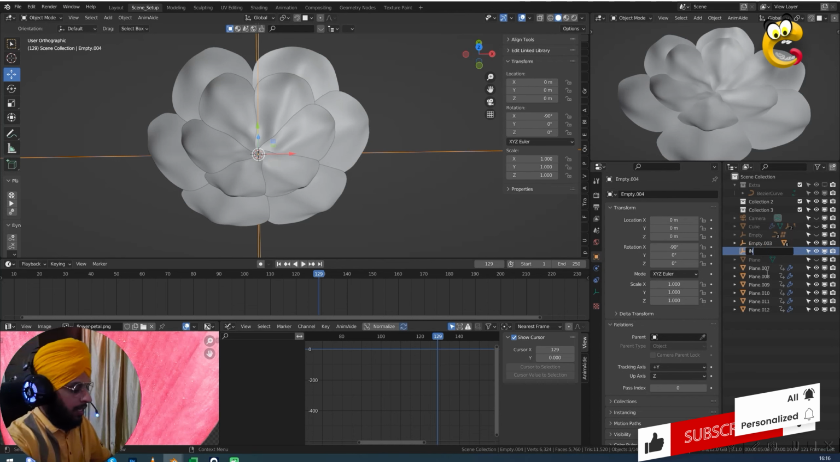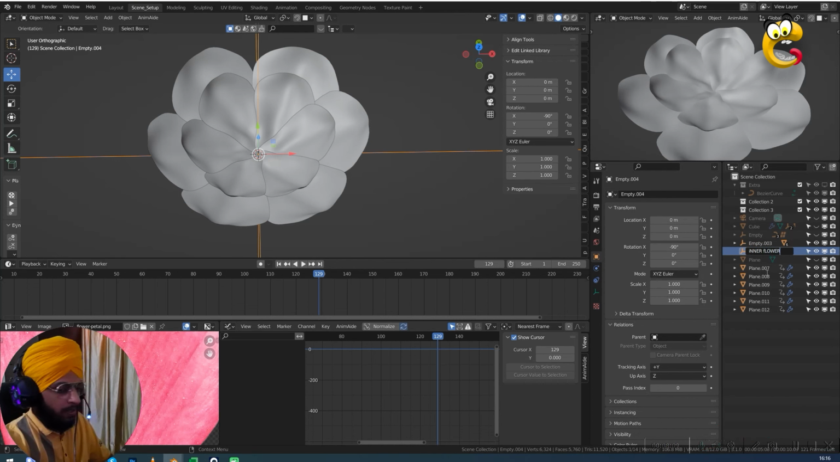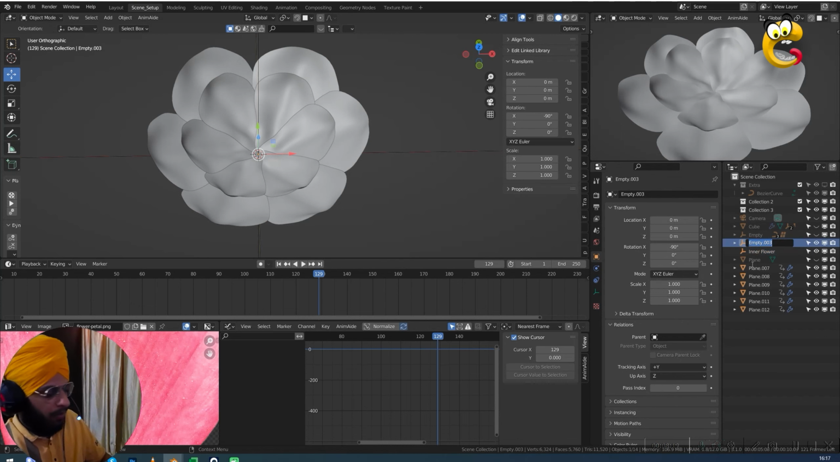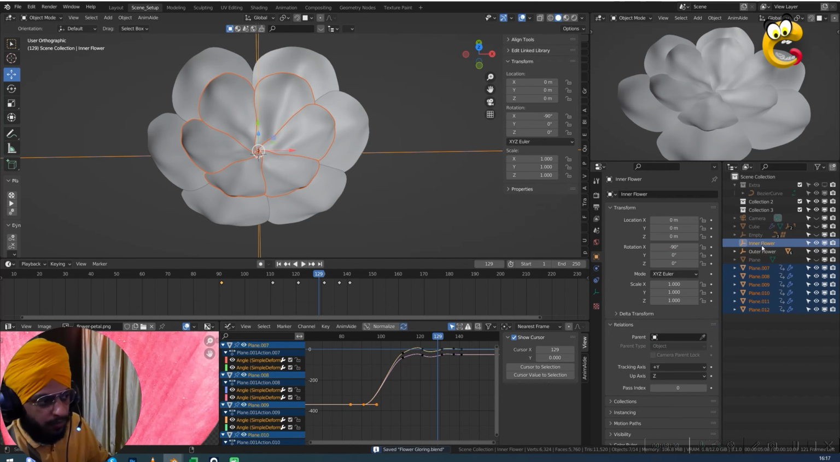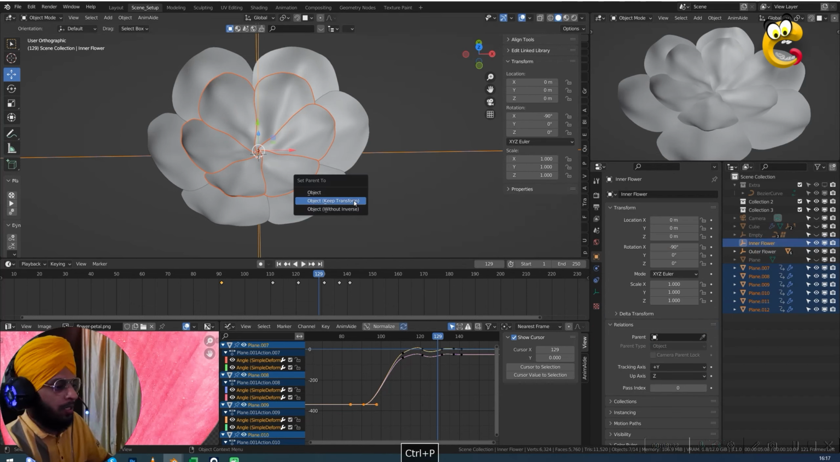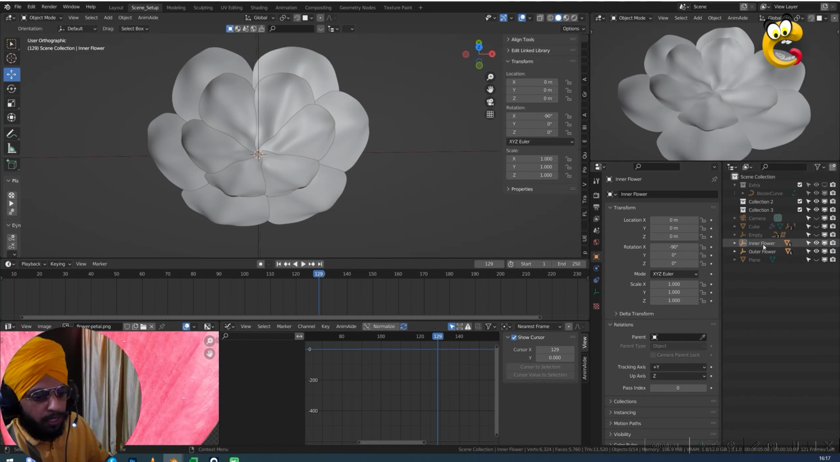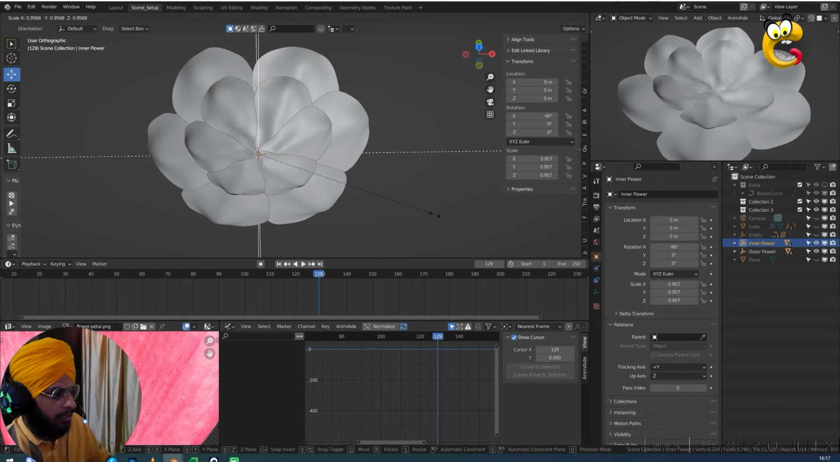Rename this inner flower. Inner flower, inner flower, and upper one to outer flower. Okay, great. Select the upper this one, and select inner flower at last. Press Ctrl P and now select inner flower and